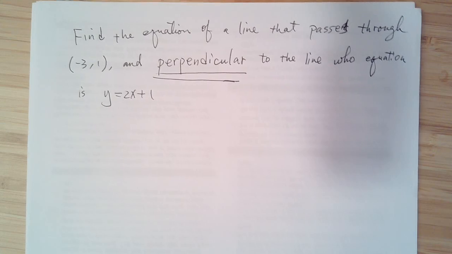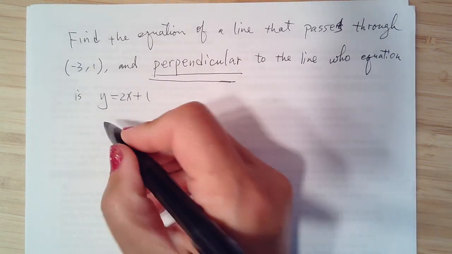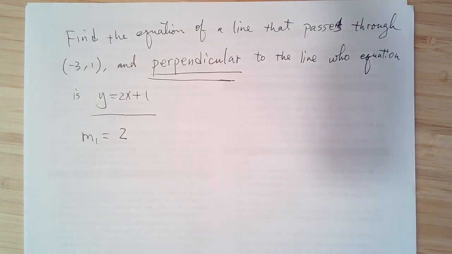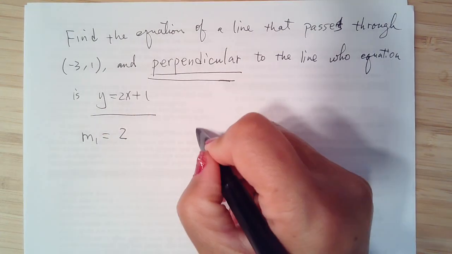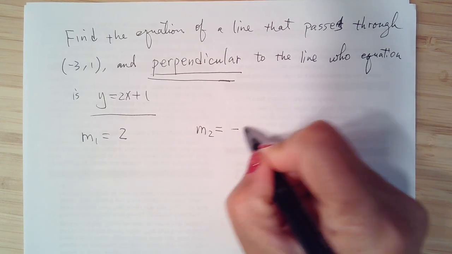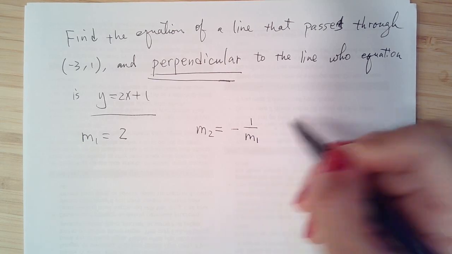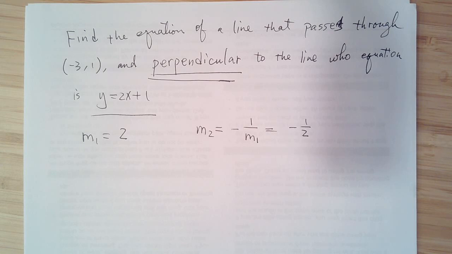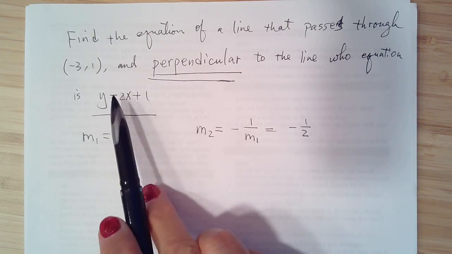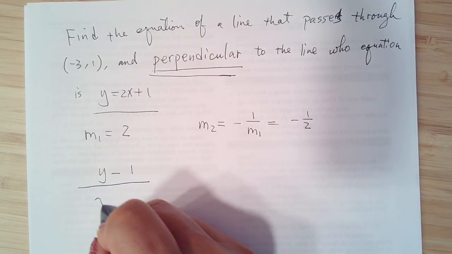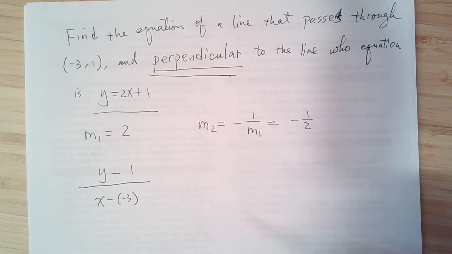All right, now the old line, the slope, or M1, is what? 2. So for the new line, the M2 should be, okay, now I want you to repeat, negative reciprocal. So which is -1 over M1. And then M1 is 2, so that should be -1/2. That's the slope of our new line. And also I have a point. So y minus 1 over x minus -3 should be